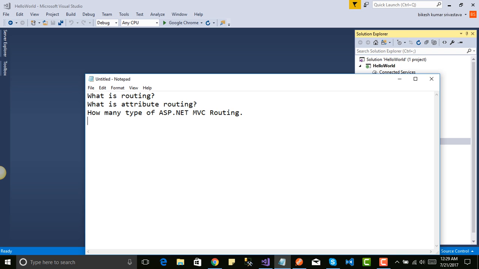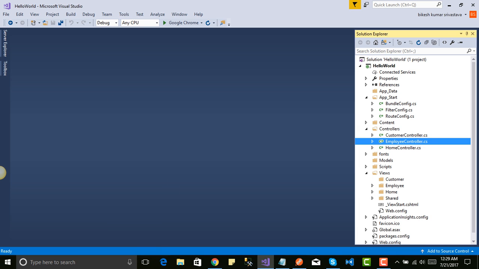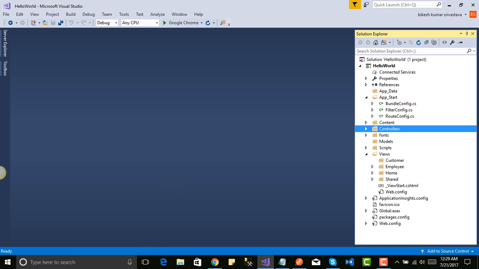So first of all, what is routing? Routing is just an endpoint, just the URL that you want to show in the browser. So let's start with how to use routing in MVC. First of all, you can see that the